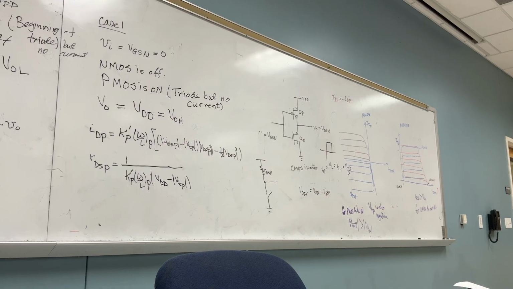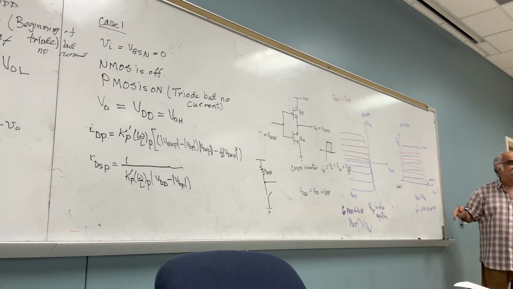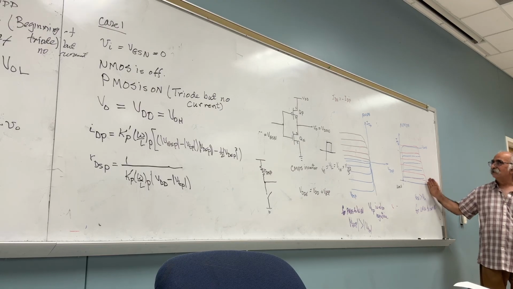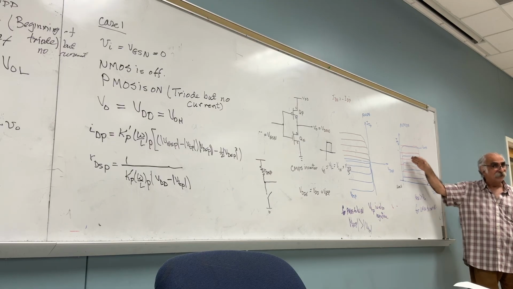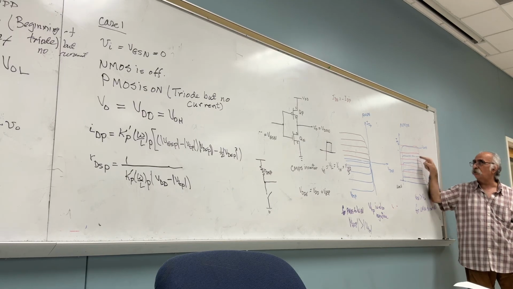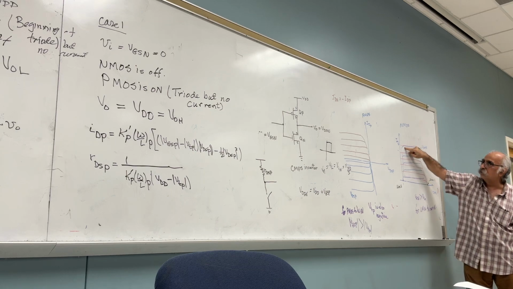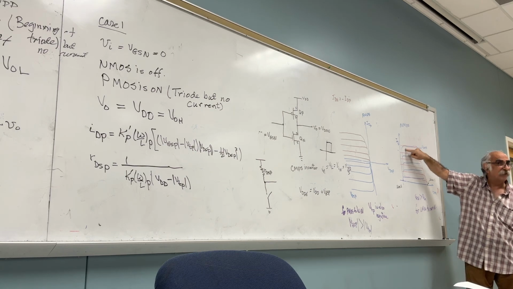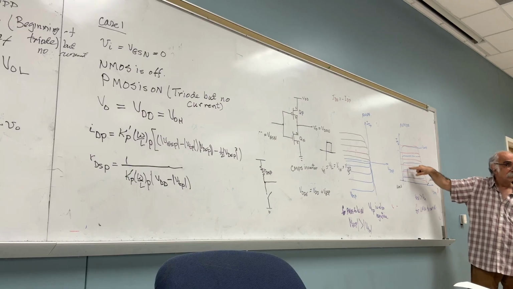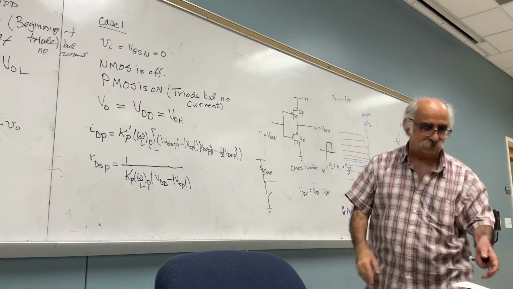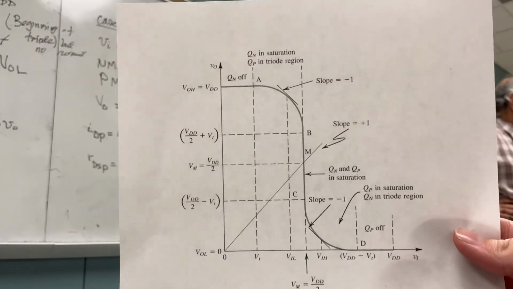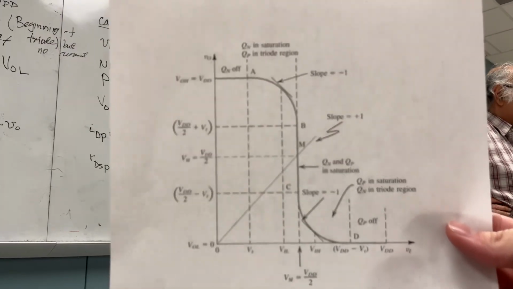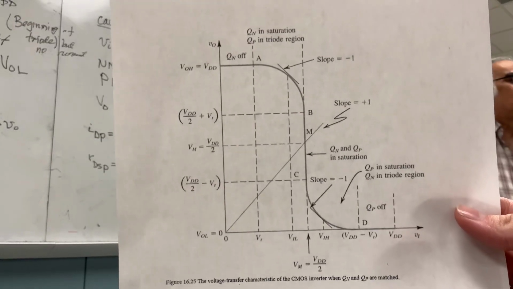Did you lose me? You keep increasing. By the way, remember the input is the blue one, VGSN. So as you move up, not along a straight line, along these lines, these are the load lines. What am I going to reach? The red is what? The blue. That's between what? Between point C and point D. QP is in saturation, QN is in the